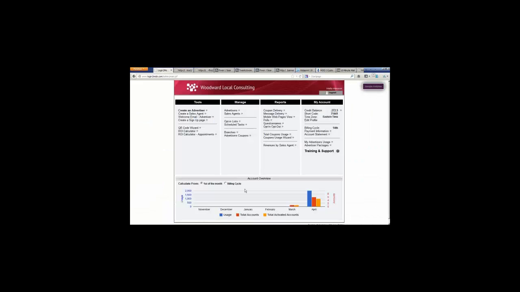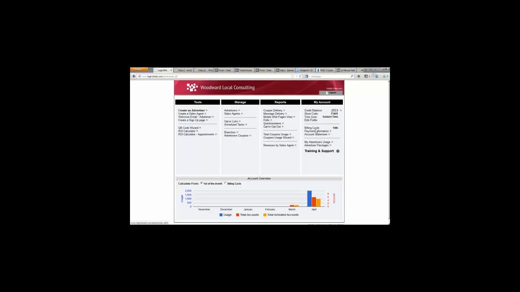So what we would need to do is log back in and out for that new welcome email to actually update. All right, so that's how the sales agent can sign up different clients and different types of advertisers,